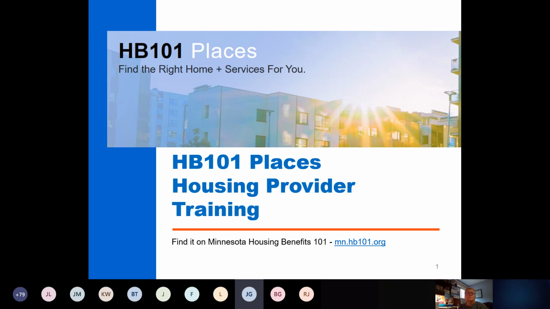Your next steps will be different depending on what type of provider you are, but that's what we're here to talk through today. It's about exactly what the tool is and how it can be a benefit to housing support